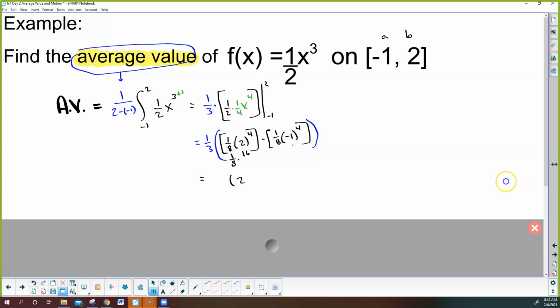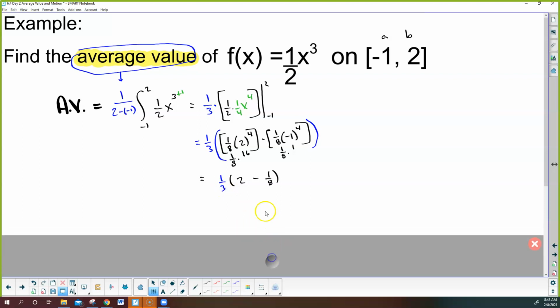-1 to the 4th power is +1 times 1/8. So I'll have 2 from this part minus 1/8 from this part. And then that answer is going to have to be multiplied by 1/3. Well, since we're not using our calculator and I want to get these combined together, technically, by the way,